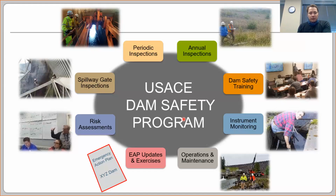Cougar and Detroit dams, approaching 500 feet tall. These structures hold back a tremendous amount of water, and there's a tremendous amount of potential energy that's stored behind them at different periods of the year. And so it's a humbling responsibility to lead the program, but it's an important thing that we do to make